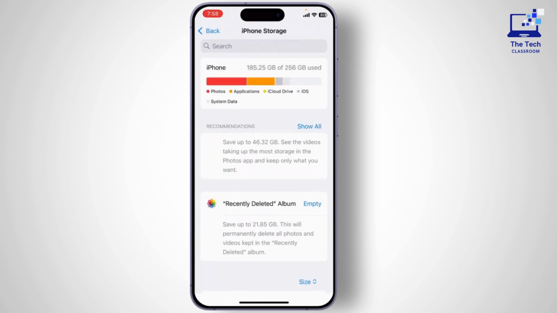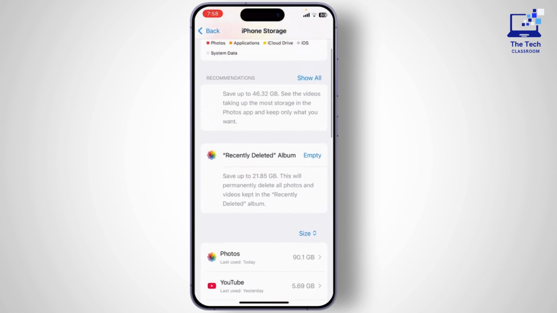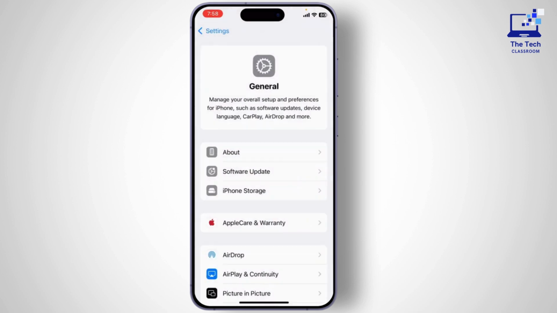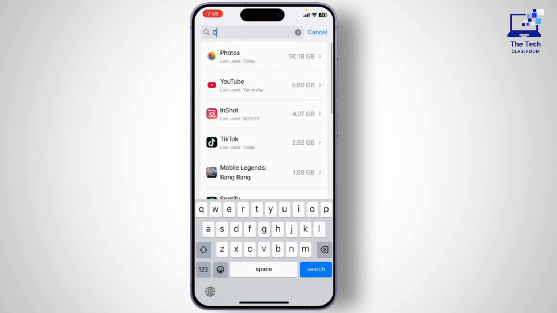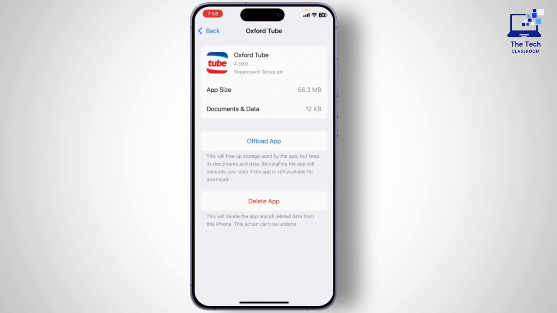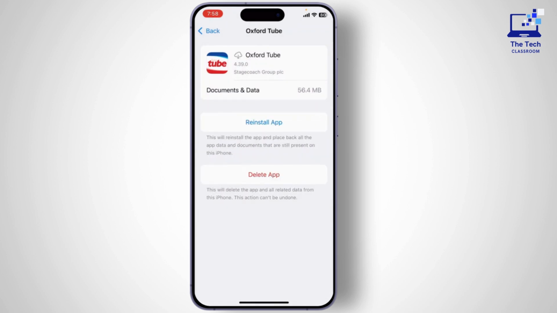If not, go to your settings and you need to search for Oxford Tube in your iPhone storage. So go to General, then iPhone Storage, and on iPhone Storage, search for Oxford. There we go. And then finally offload the app and then reinstall it back again. And that should fix all of your